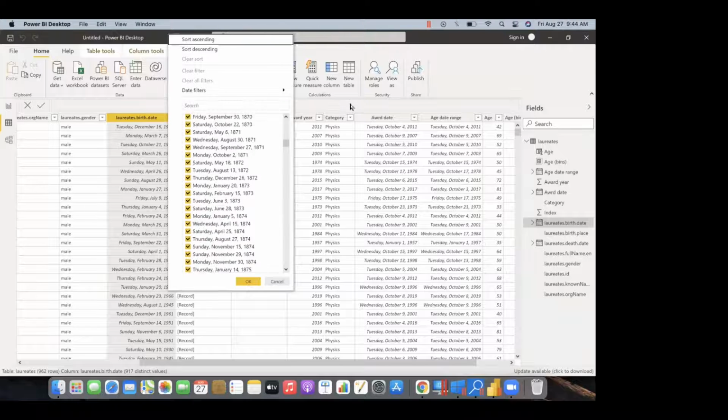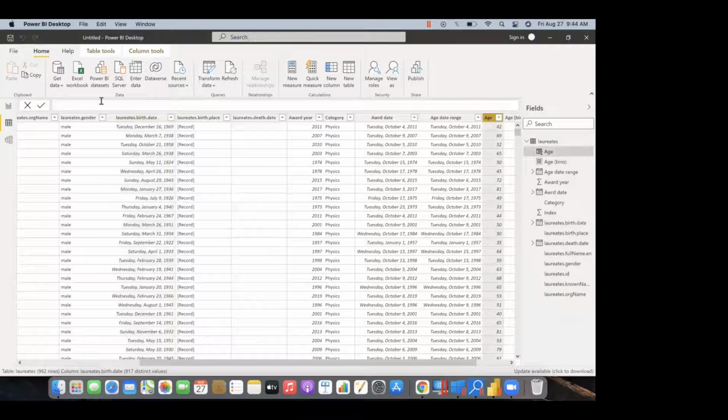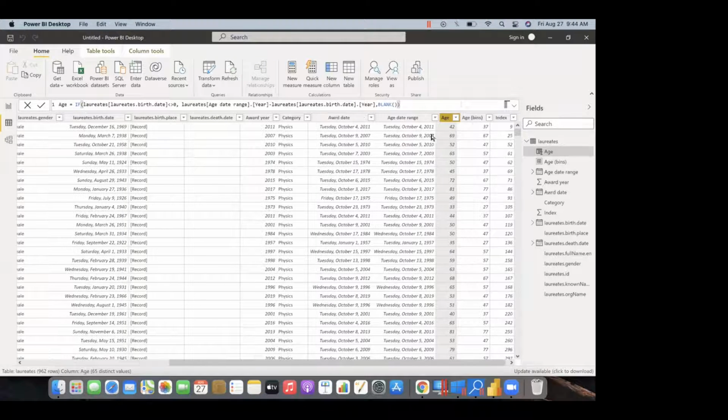So using DAX, if the laureate's birth date is not null, it will give us the age, which is the award date minus the birth date, else it will give blank. If the birth date is 0, it will give us blank. Like this we get the age in years. Any doubt?